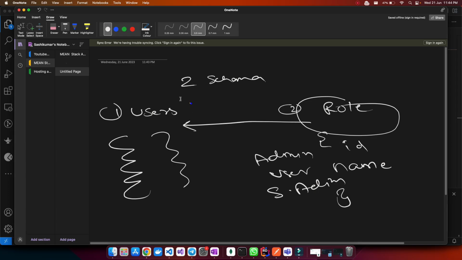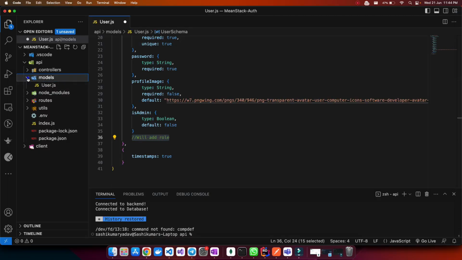So this is what we will try to achieve. We'll try to achieve a relationship between two schemas. Before creating that relationship, we have to first create this role schema. So let's go in the models again and create another